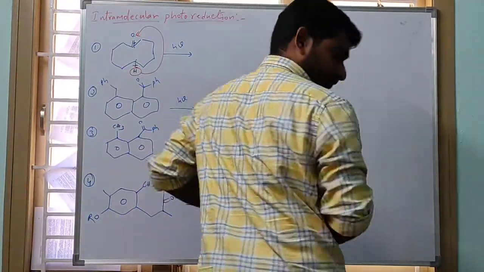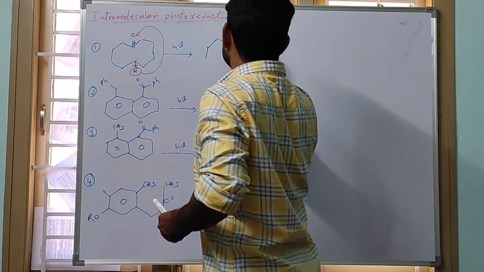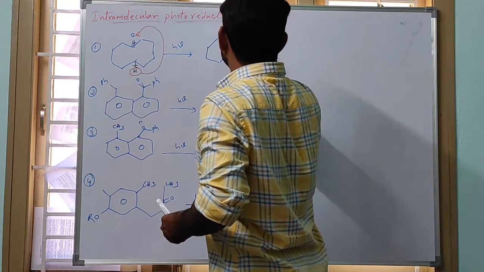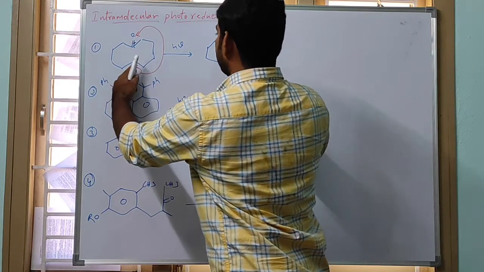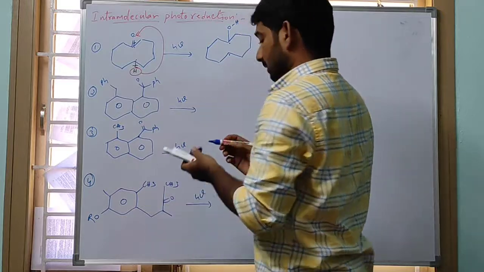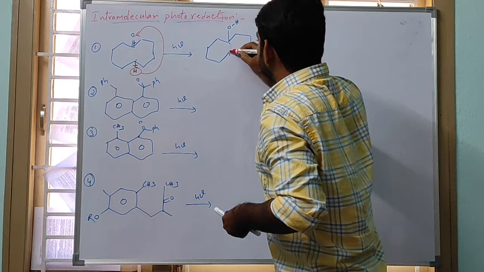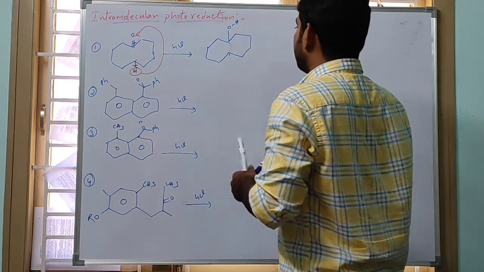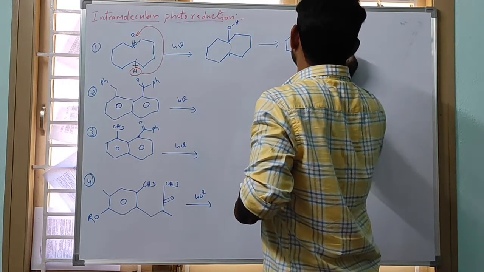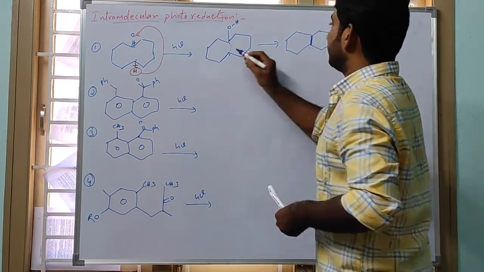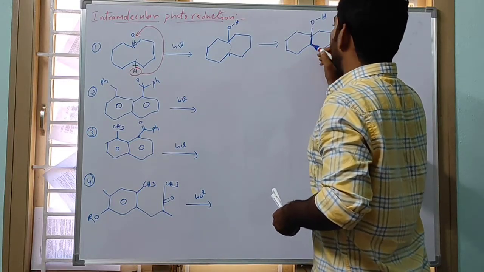Now the transfer of this hydrogen to this carbonyl oxygen. Now what we will get? What is the product we will get? Okay, OH. Now the radical is like this only. Here also one radical. Now this radical and this radical combining. Now ring fusion takes place. What we will get? Yes, no? New sigma bond is formed or not? This radical and this radical combining, and OH. Now ring fusion takes place.